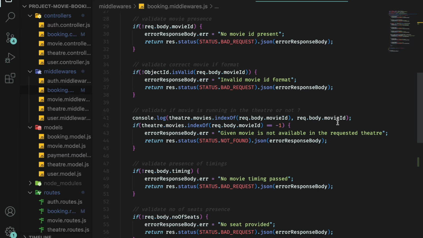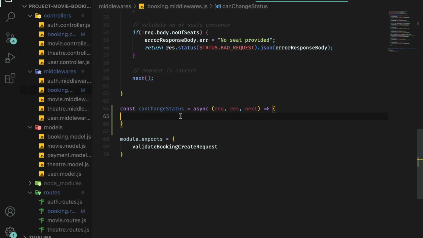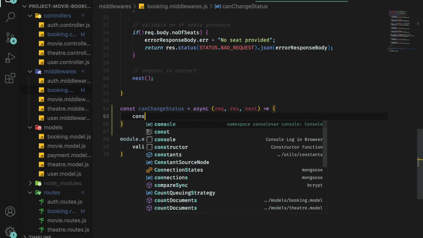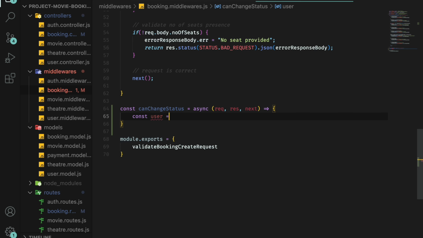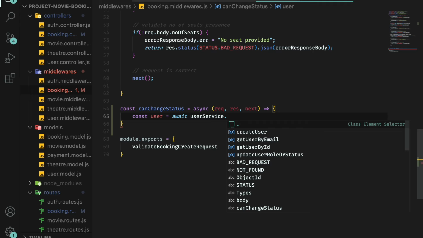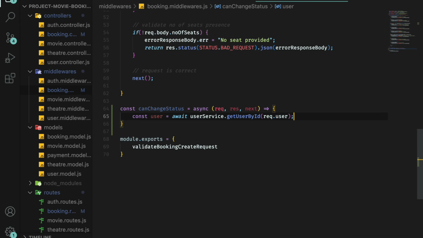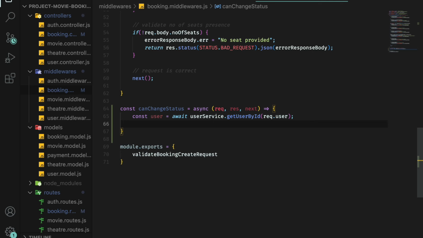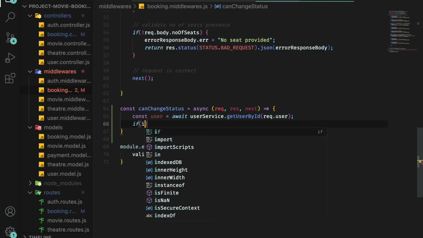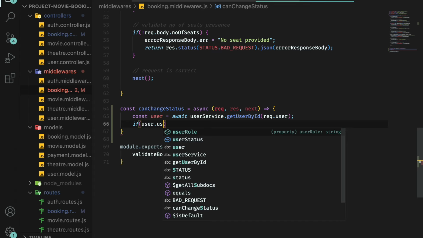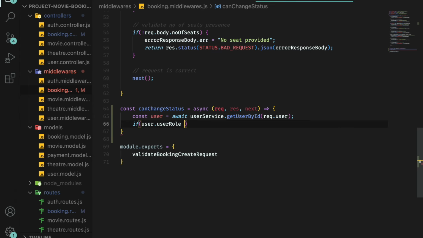Okay, and what we can do is we can say const user is equals to await user service dot get user by ID, and the ID is going to be request dot user. Okay, and we'll say that if user dot user role is